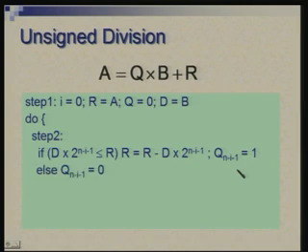We are comparing it with R, and if this holds, then R is replaced with R minus D into the same factor, and that particular bit Q n minus 1 of Q is recorded as 1. If the condition does not hold, we do not really have to carry out the subtraction; either you say subtract 0 or you just leave R as it is, and the corresponding bit of the quotient is recorded as 0. Simply then step up i and repeat it for n steps. Is it clear? So, this is our basic unsigned division algorithm. We will analyze it to make sure that what we are doing is correct, and then we will do some modifications, some improvements, transformations, and implement this in the form of a circuit.